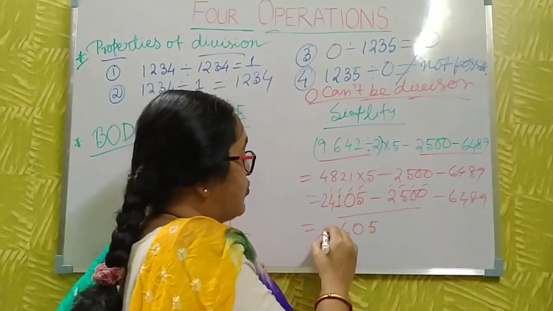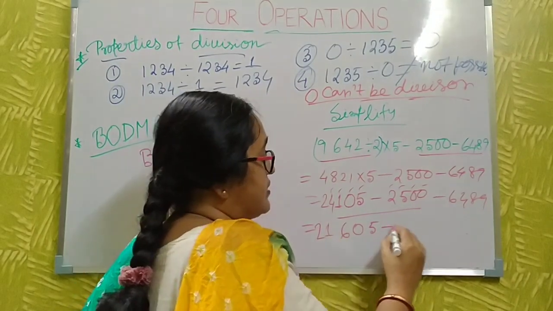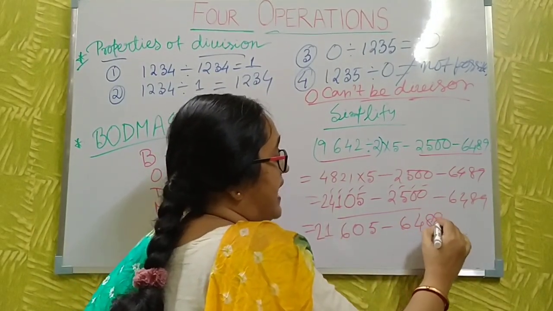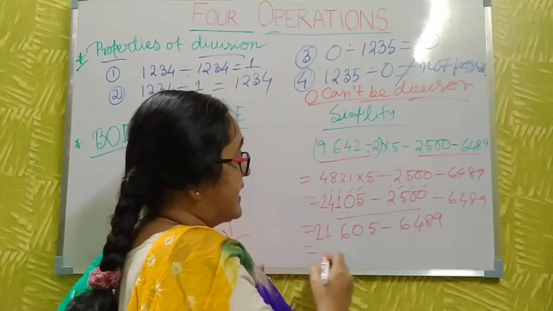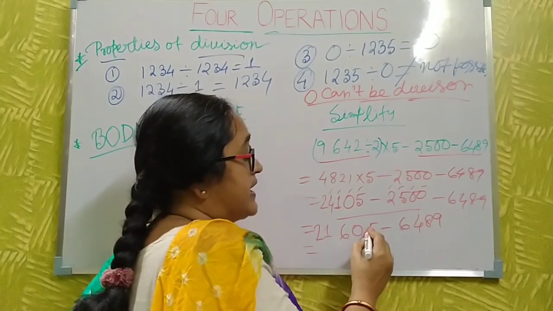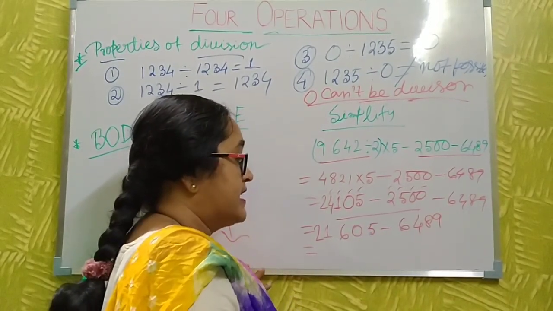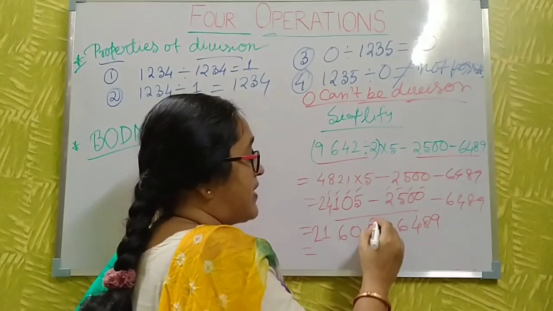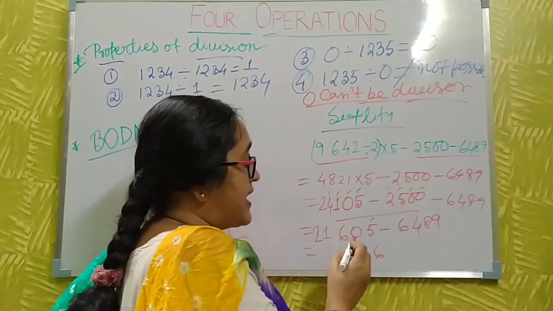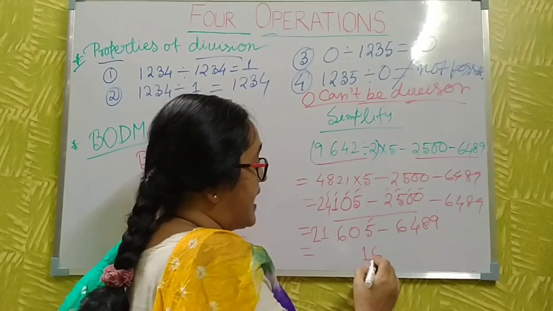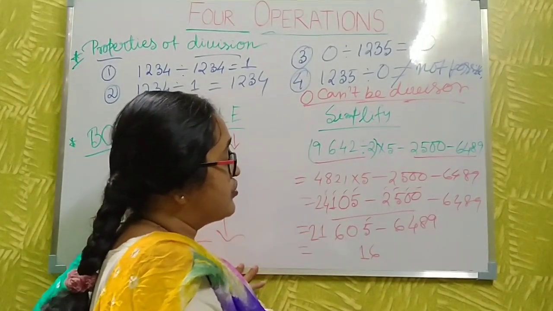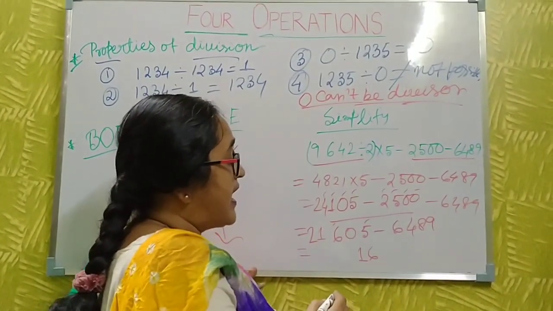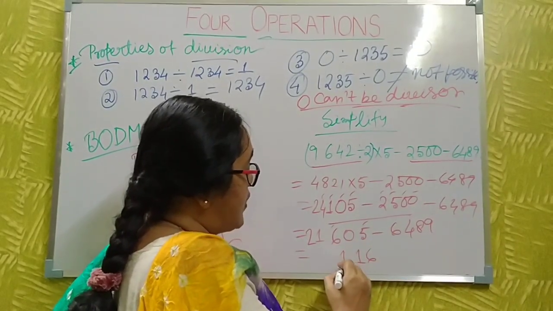Then 3, 2, 1. And this one. Then you do the subtraction also. This one again you do the subtraction. Then 15 minus 9. 15 minus 9 is 6. This 5 means 15 and 1 borrowed here. 9 minus 8 is 1 and then 1 borrowed here. This is 6 5. 5 minus 4 is also 1.